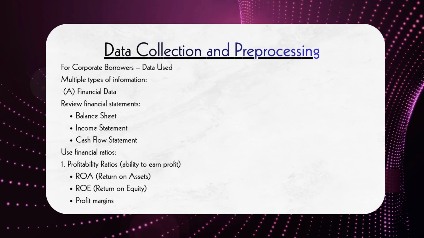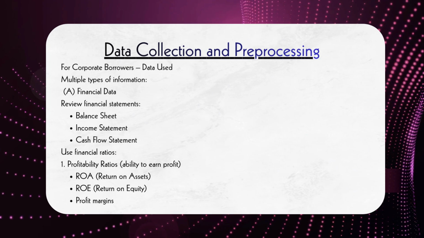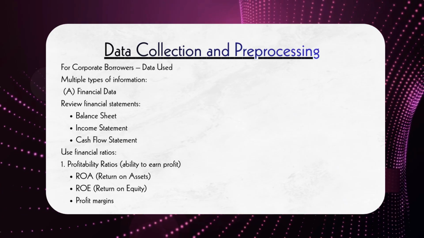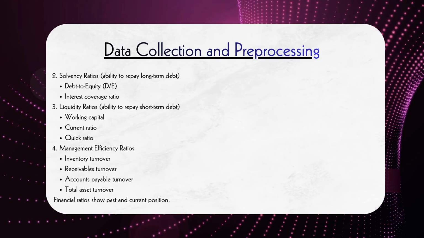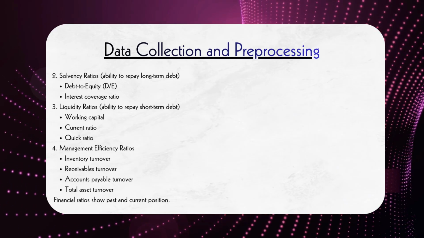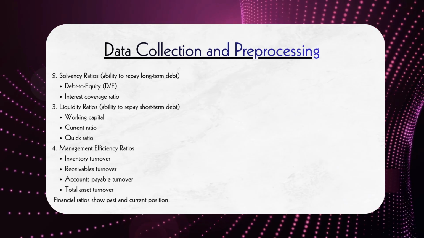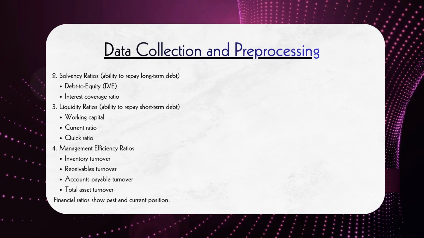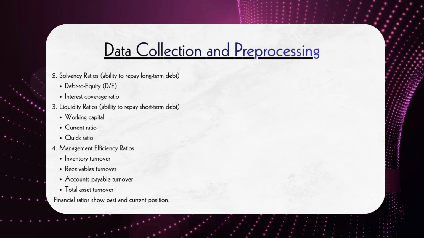First, we analyze financial data by reviewing financial statements such as the balance sheet, income statement, and cash flow statement. We calculate profitability ratios like return on assets, return on equity, and profit margins to measure earning ability. We calculate solvency ratios like debt to equity and interest coverage ratio to measure long-term repayment ability. We also calculate liquidity ratios such as working capital, current ratio, and quick ratio to measure short-term repayment ability. In addition, management efficiency ratios like inventory turnover, receivables turnover, accounts payable turnover, and total asset turnover help assess operational